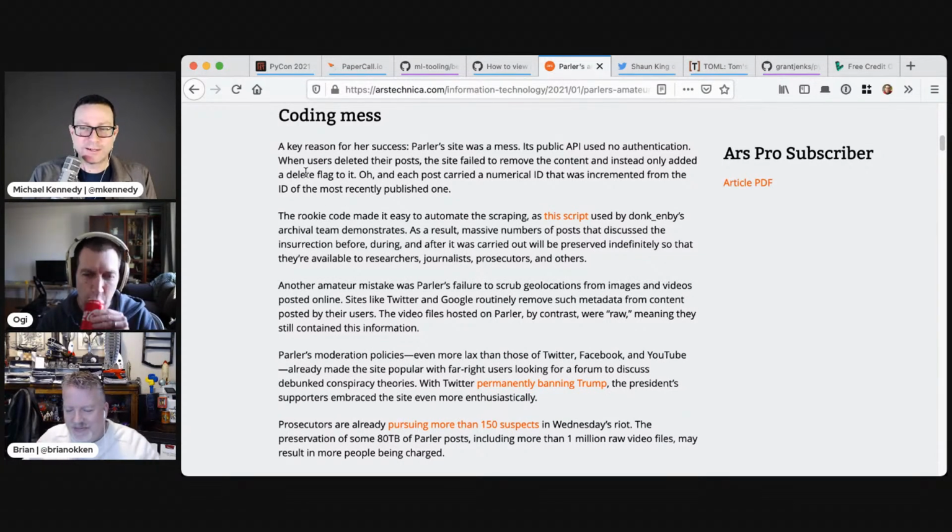Secondly, when a user deleted their post, the site didn't remove it. It just flagged it as deleted so it would show up in the feed, which in and of itself is not necessarily bad. But you pair that with every post having an auto-incrementing ID, which meant you could just enumerate. You're like, oh, I'm on post 500. Well, let's see what 501 is. It doesn't matter if it's deleted. Give me that. That's crazy, right? So she wrote